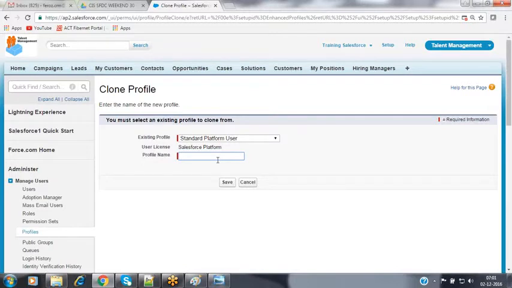Nothing but what happened here, the Salesforce license describes whatever Salesforce functionalities are available, standard or custom, everything we can access. If it is a platform license, only the platform functionalities we can access, that will be described by the platform license to you.